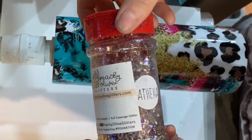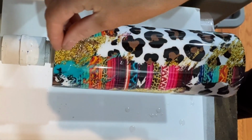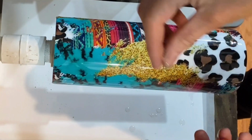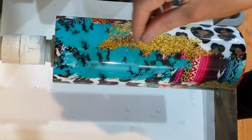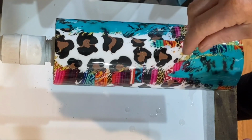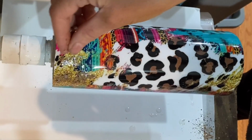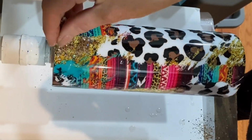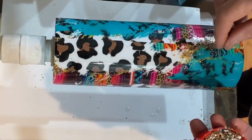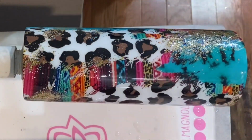So once I get that coat smoothed out, I am going to go in with Peachy Olive Glitter's Athena. This is one of my favorite golds. It's so pretty, and I'm just going to apply it right there where it looks like there's gold glitter, but there's really not. I actually want it to be gold glitter. So I'm going to try to cover up those spots for the most part, and then you can see here, I'm going to kind of stretch those areas out a little bit just to blend where the seam is. And then after I've applied this glitter, I'm gonna let this coat dry for about 4 to 6 hours, and